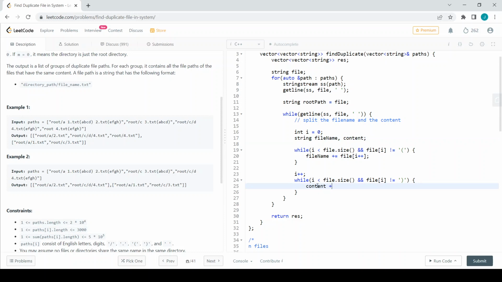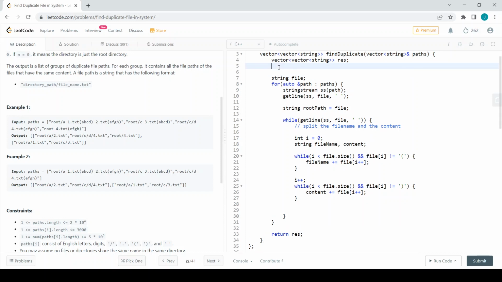So content plus equal to file of i plus plus. If that is a close parenthesis, it will not be appended to my content string. So now this content is my key in my map. I should declare a map as well: map of string, vector of strings, map mp. Content is my key, mp of content dot pushback